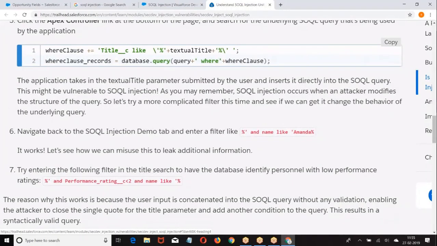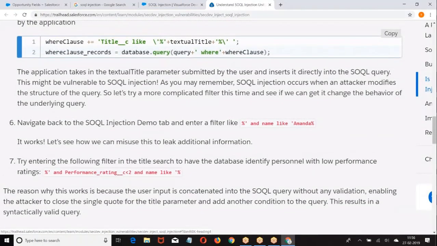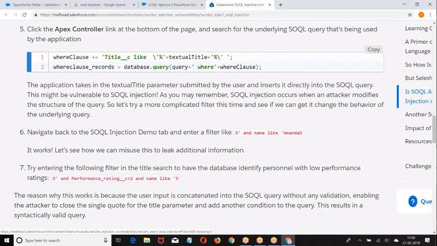Read this paragraph. What is the purpose of this statement?